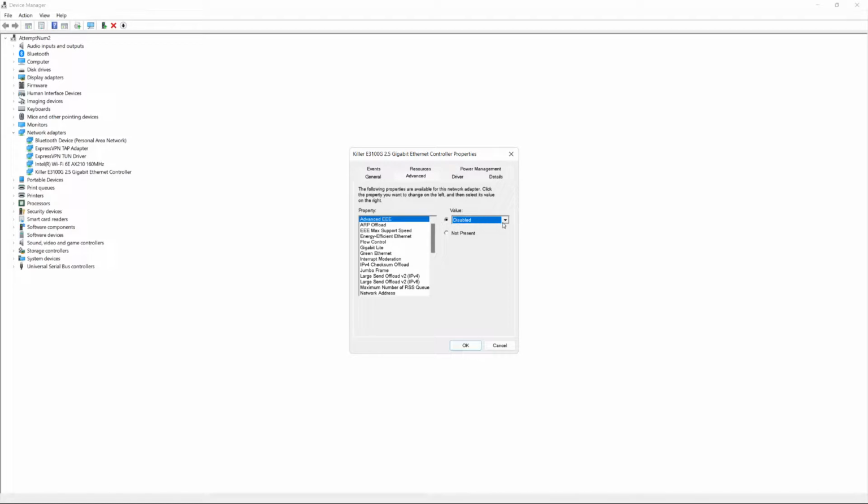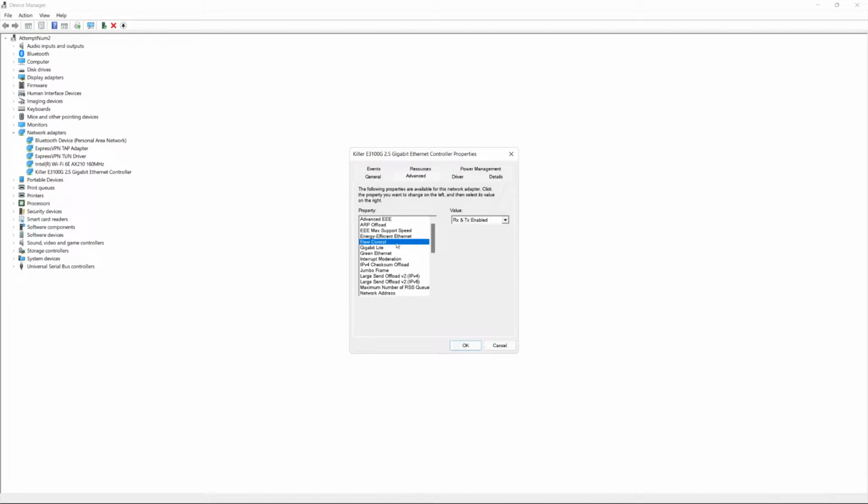Screw the economy. I want the best performance possible. Disabled. ARP, go ahead and leave that on. Max support speed, put it at the highest it'll go. If your computer supports it, if your GPU supports it, highest it'll go. That's all there is to it. And yeah, energy efficient Ethernet, that's what the EEE is. Energy efficient Ethernet, max support speed, advanced this. Disabled,